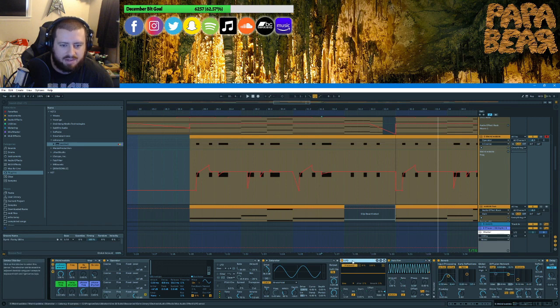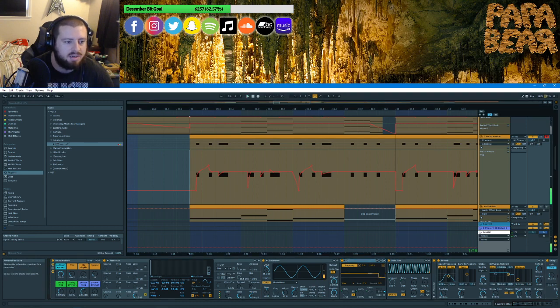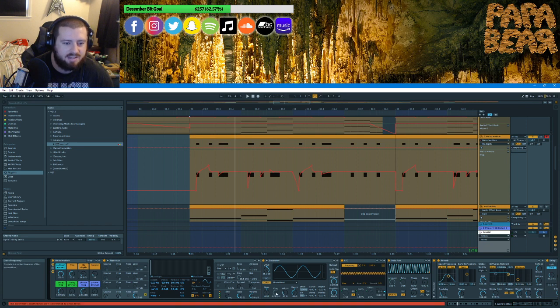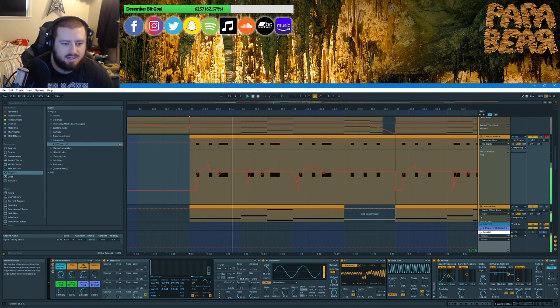The LFO is controlling the frequency, but I'm not really using that. I wonder what it would sound like if I put that on. As you can see, the LFO, this line, is making this knob go back and forth. It's really weird, but I'm not going to use it.